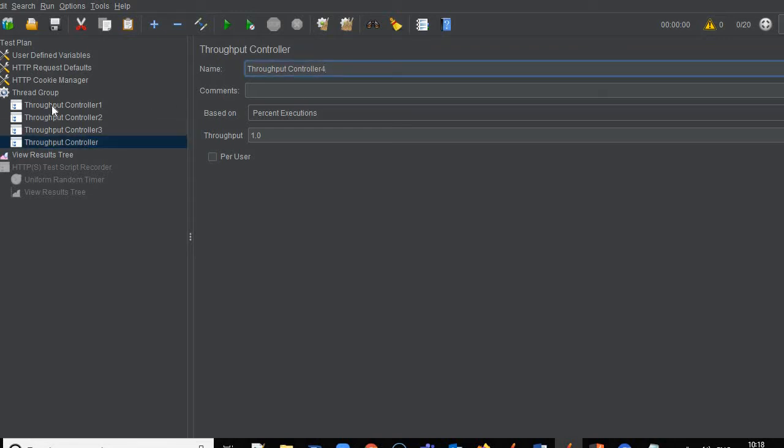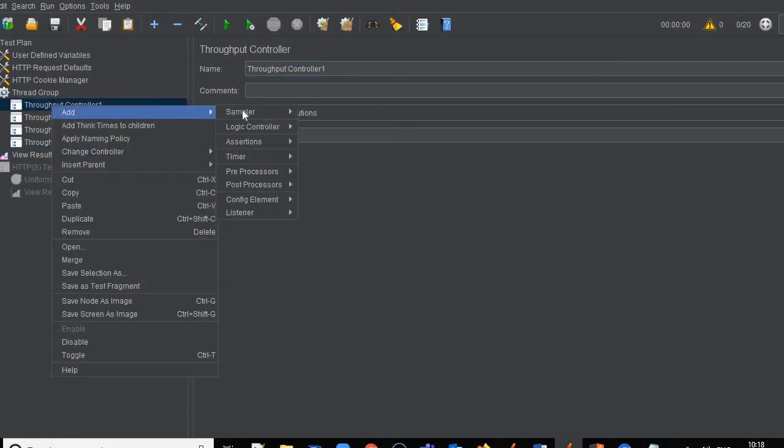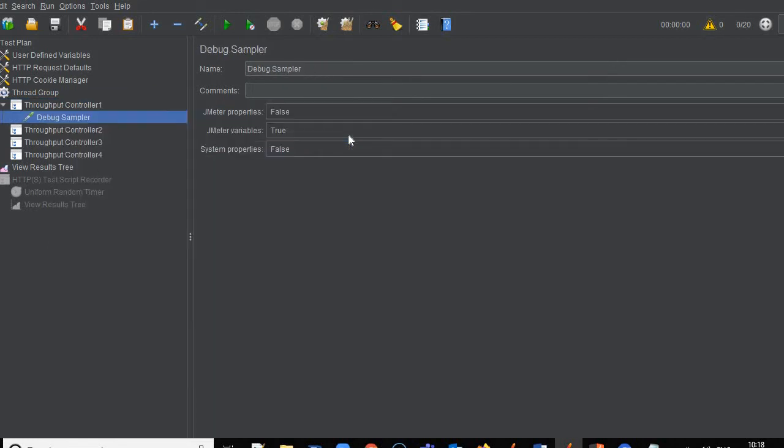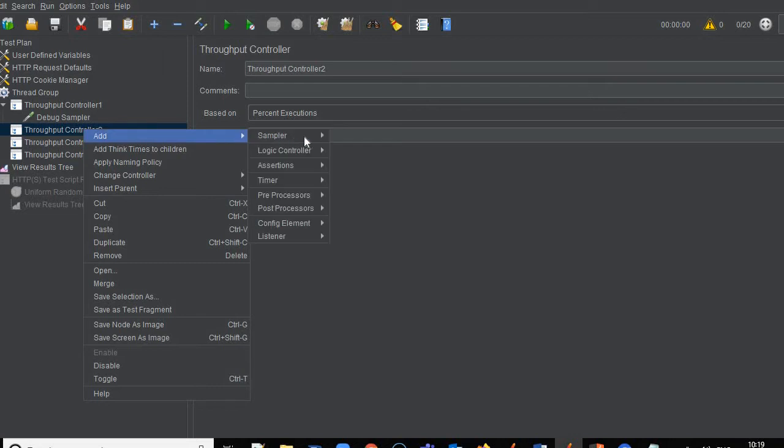We are just going to perform execution, so I'm not going to record any application. I will simply add a debug sampler in all the throughput controllers.